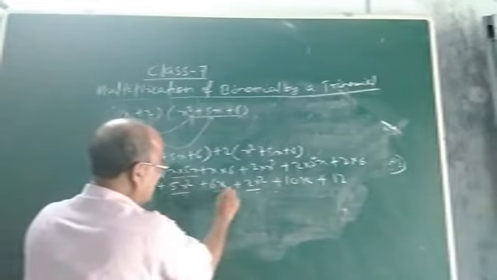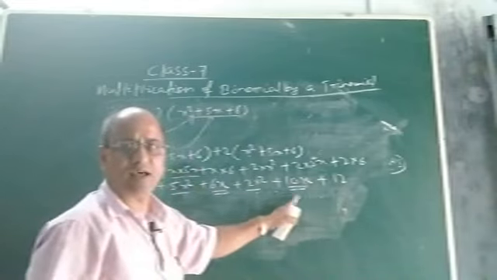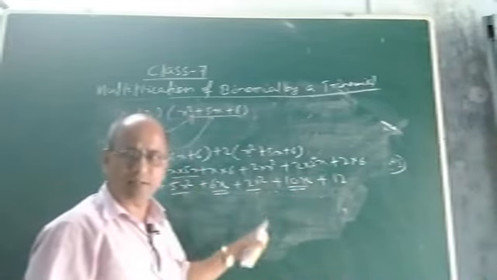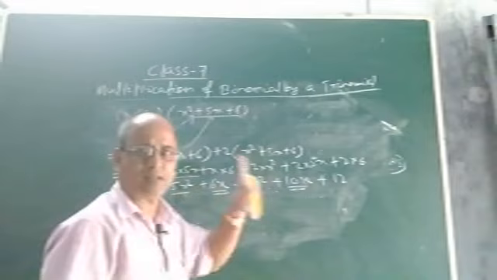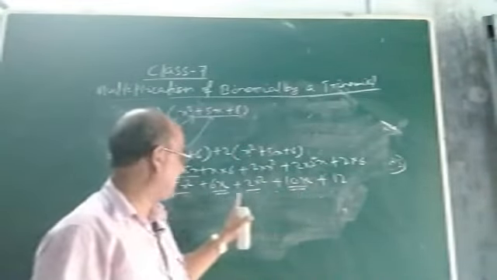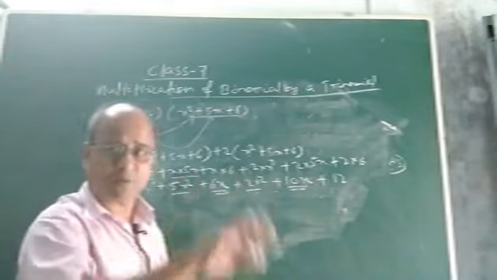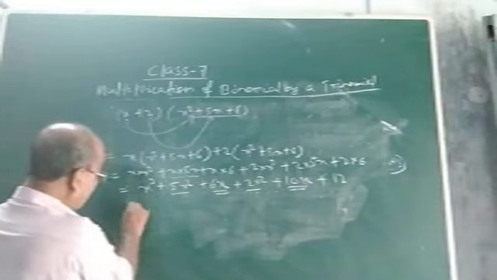Like terms. Similarly, look at 6x and 10x. These two terms are again like terms because they contain the same variable and the same power. Variable is x and power is 1. So these two terms are no doubt like terms and they must be added because here it is plus and here it is plus. So these two like terms must be added. That means we have to add them. So what will be the answer?